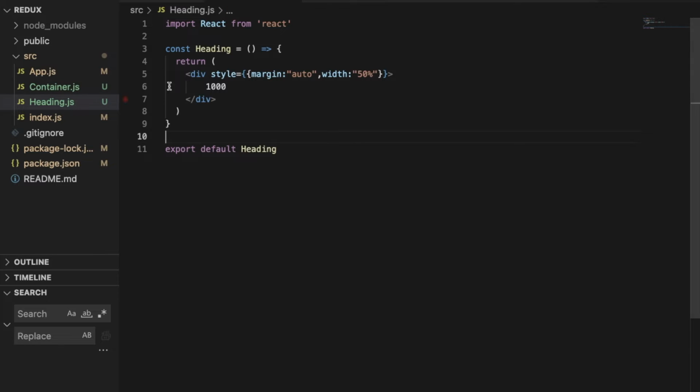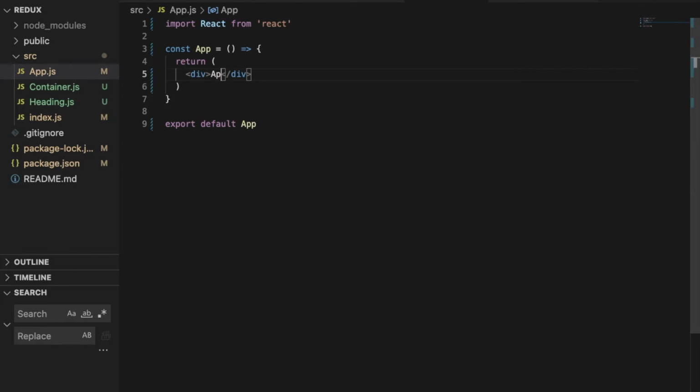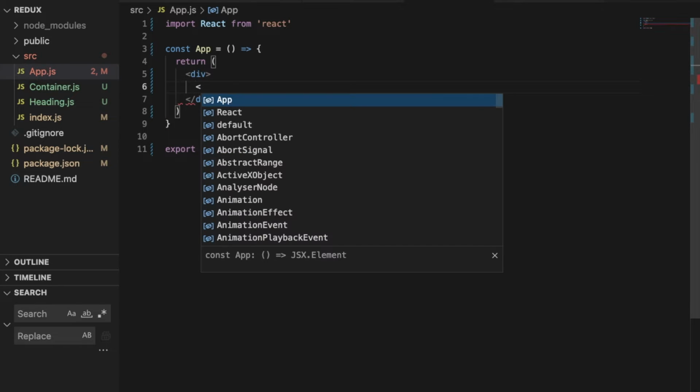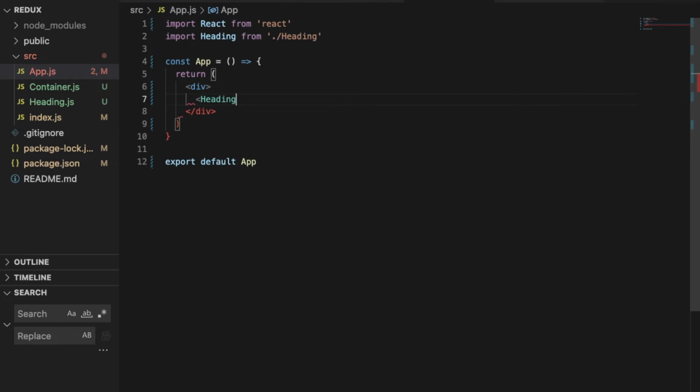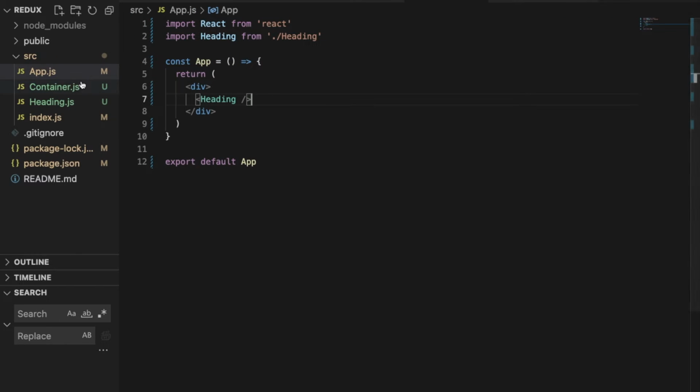Okay, we have not imported that, so in app we'll call that heading, and we'll, okay, you can see it is somewhat centered, and then in our container